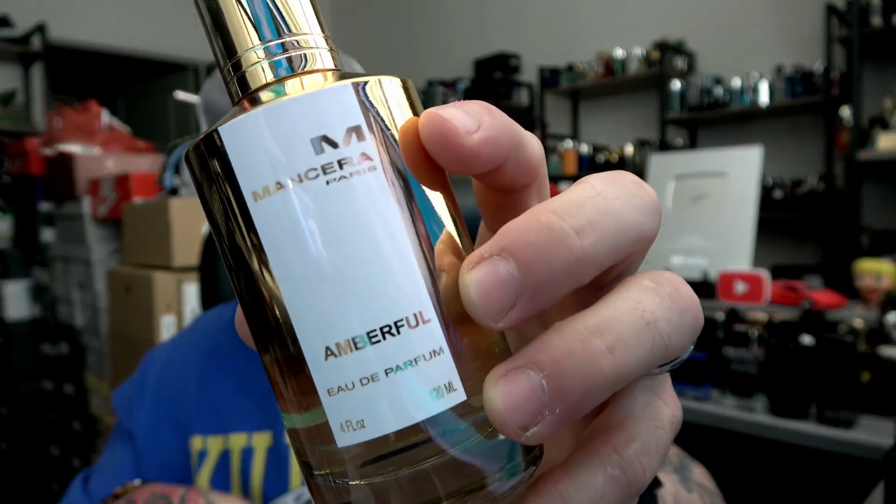I think this is some of Pierre Montal's best work from making kind of a standalone do-it-all fragrance. Like I said, you get elements of these fragrances, but inspired by either, a little bit of a reach, honestly. A clone of nothing, but relatable, easy to like and understand, masculine, a bit more mature. It's not as playful as some of the newer stuff these days. Just smells really good. For a great daily wear fragrance, it's rather interesting. It's a beautiful fragrance, and I strongly suggest you try it. It's Mancera's Amberful. A DNA that's tried and true is Terre d'Hermès,